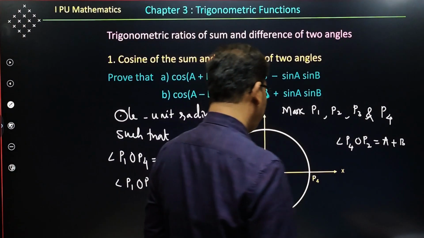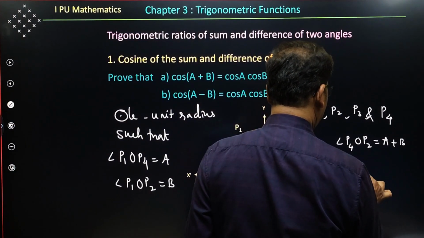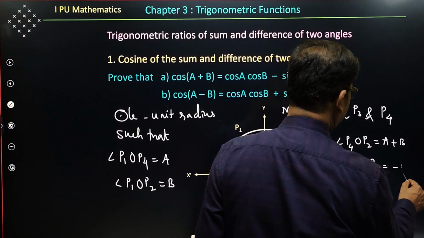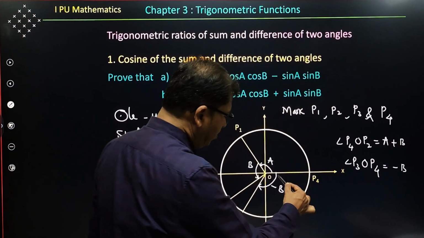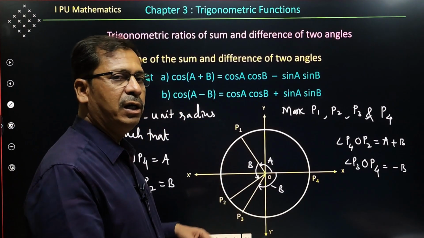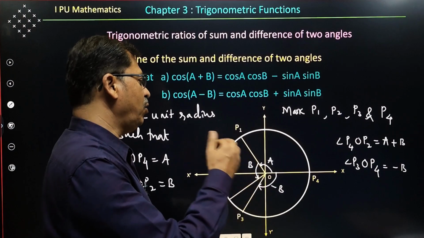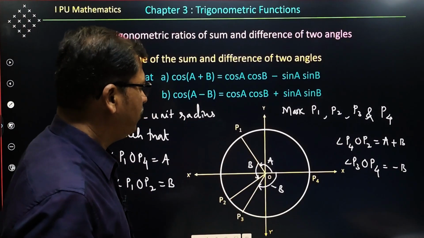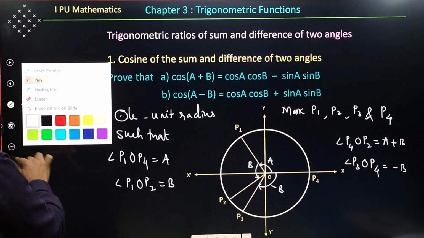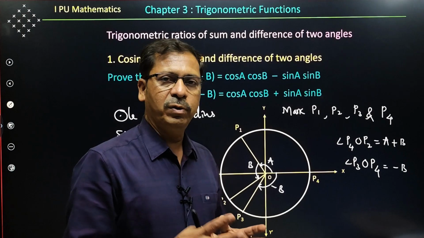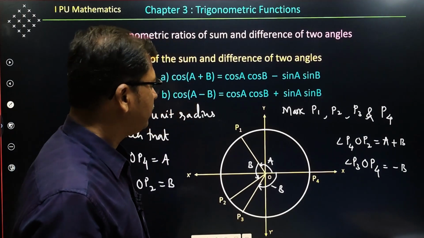Then angle P3 OP4 is equal to minus of B, because the measurement is in clockwise direction, whereas A and B are measured in anti-clockwise direction. Anti-clockwise direction measure is positive, clockwise direction is negative. That you know already. Here another very important thing to be noted in this diagram is